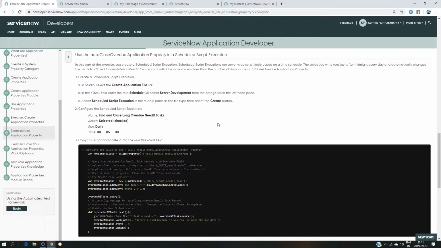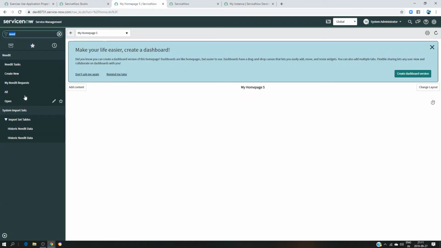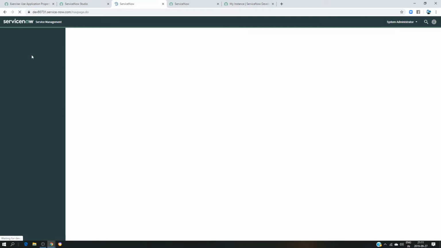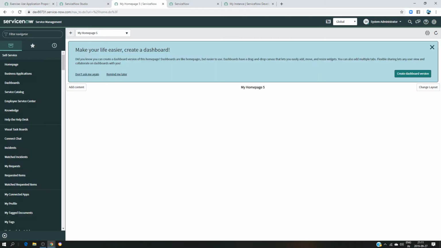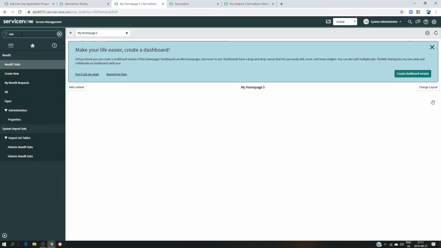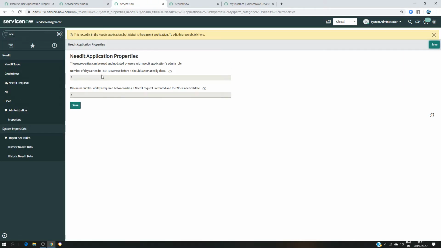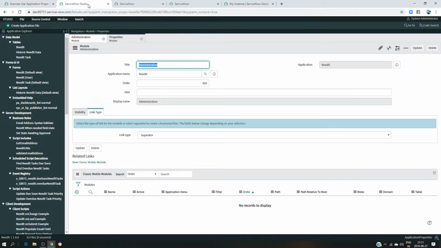If it is more than 7 days, for example, it's going to compare the value that we saved right before. So if you remember, I'm going here once more, and we have set as a property 7 days. Here, number of days a need IT task is overdue, I put 7 days. So it's going to compare this value